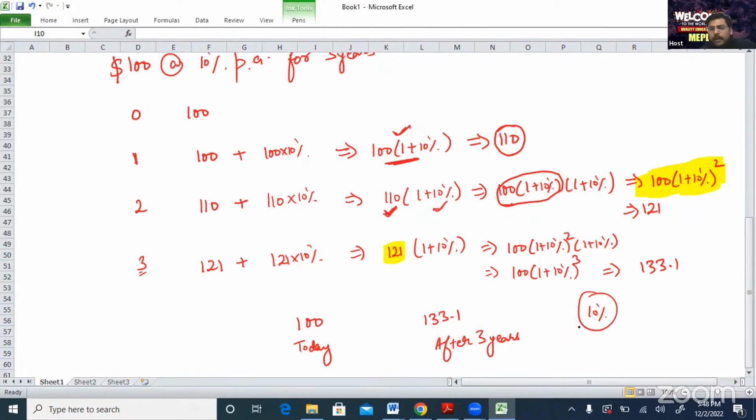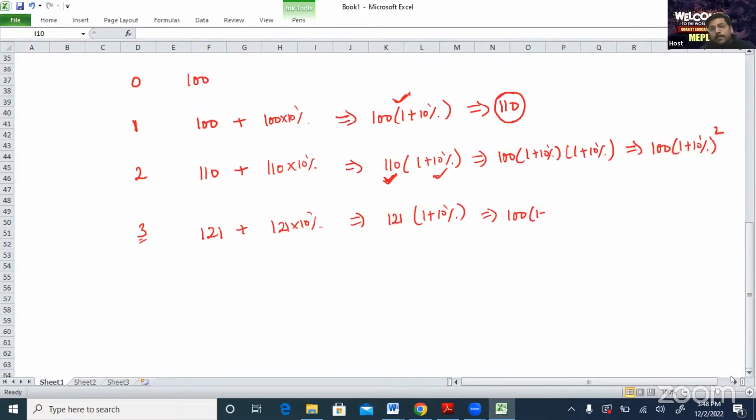If the market rate of interest is 10%, which option is better? Logically think. 100 rupees today or $100 today, which would you prefer? Would you take $100 today or 133.1 after 3 years? If the rate of interest is 10% in the market, then I am saying,